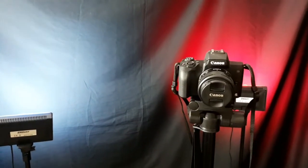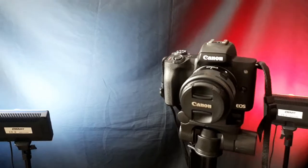My recommendation for an easy setup for this camera would definitely be get yourself a half decent tripod. You don't have to spend the earth on that. Just get a nice solid one, because when you're spending, you know, 500-600 on a camera, you want it to be a nice solid tripod. But don't worry if you're going to get a cheap one, because I had a cheap one for 15 years